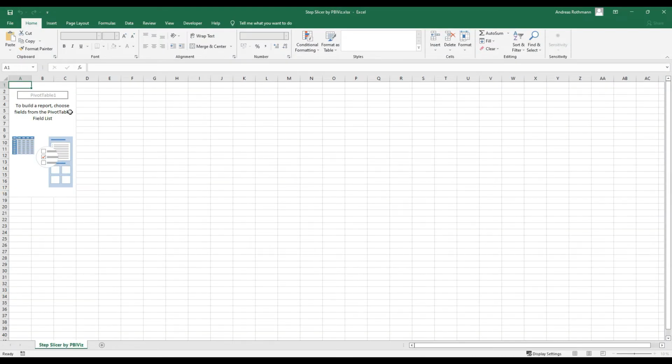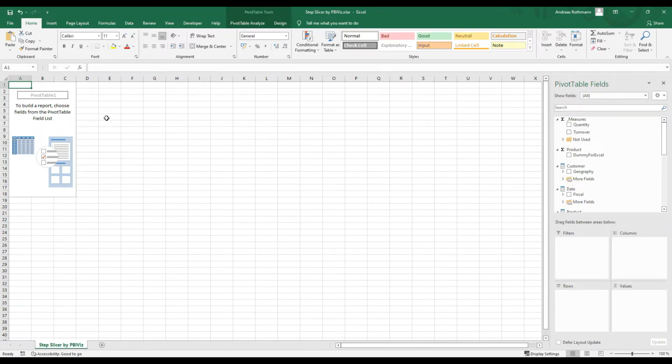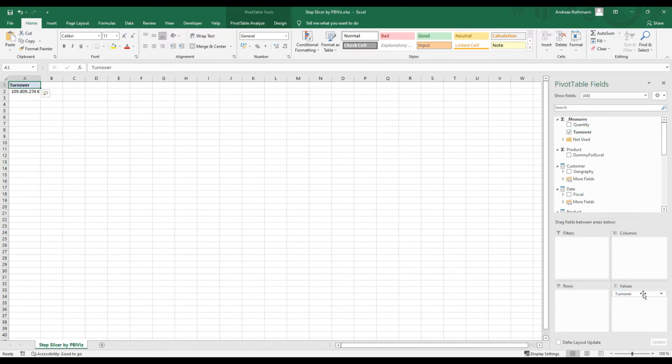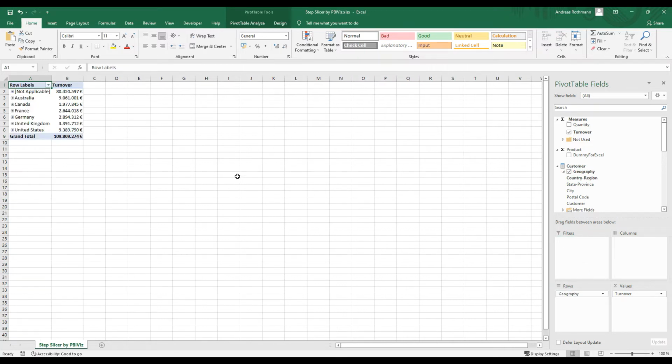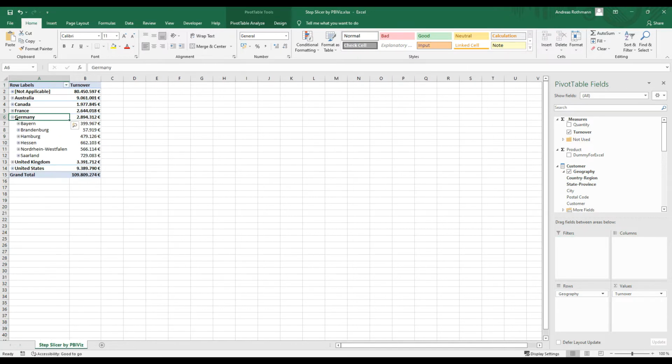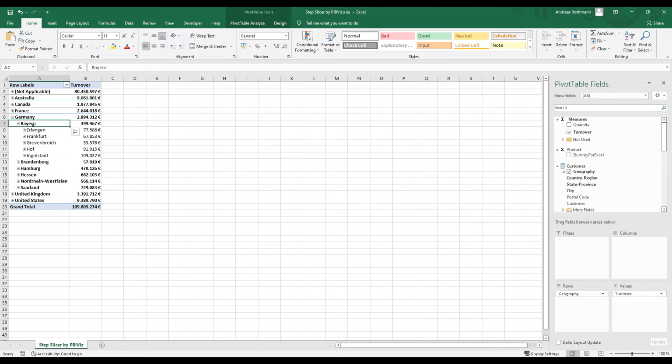Here you can see the typical standard pivot table where we have the quantity turnover in the measures table, track the turnover measures to values, grab some geography information, and now we have our pivot table, can drill down on the rows, and now we double click on the measure,